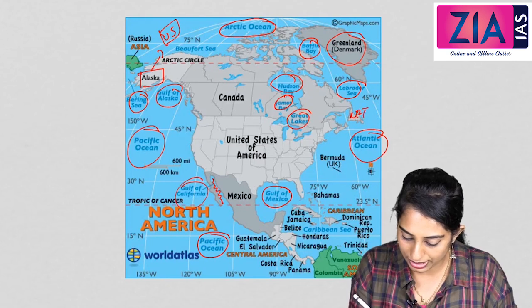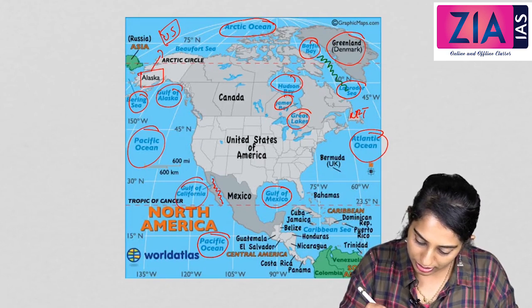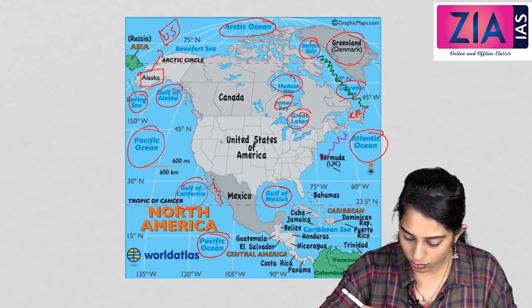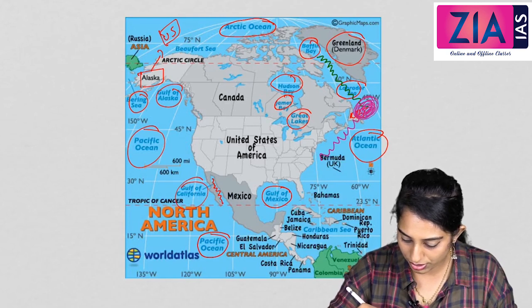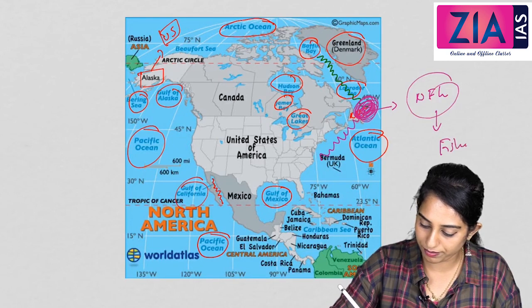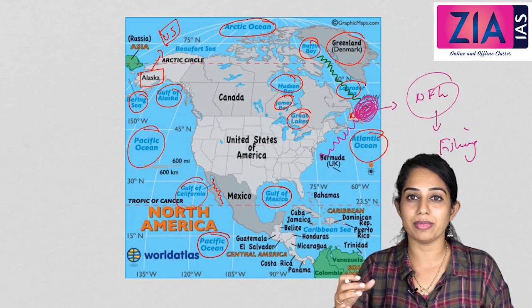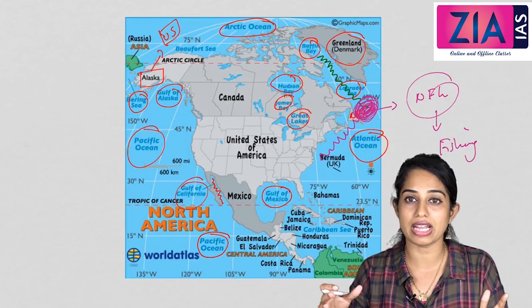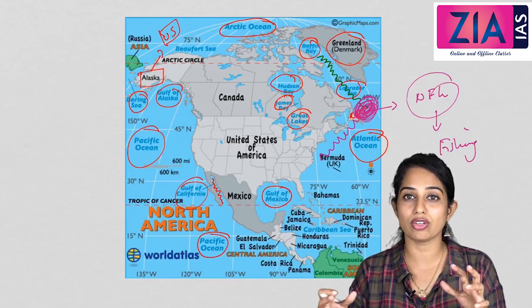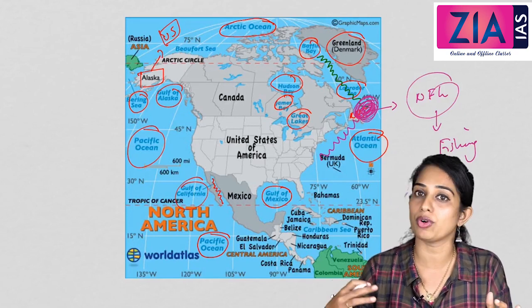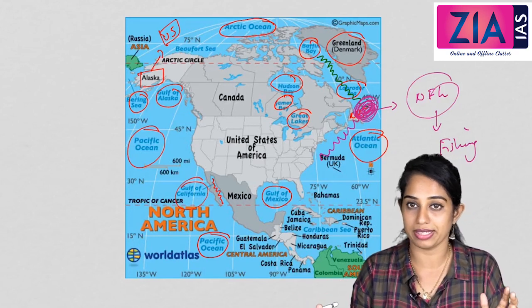This is Newfoundland. We know that a cold ocean current called the Labrador Current is coming, and the warm Gulf Stream is coming here, joining here, making a good fishing ground. Newfoundland is important for fishing. And the area where a cold current and a warm current meet will be very difficult for navigation, because there is a lot of steam and there will not be any clear climatic situation where navigation of ships or movement can happen. So that is a drawback there.